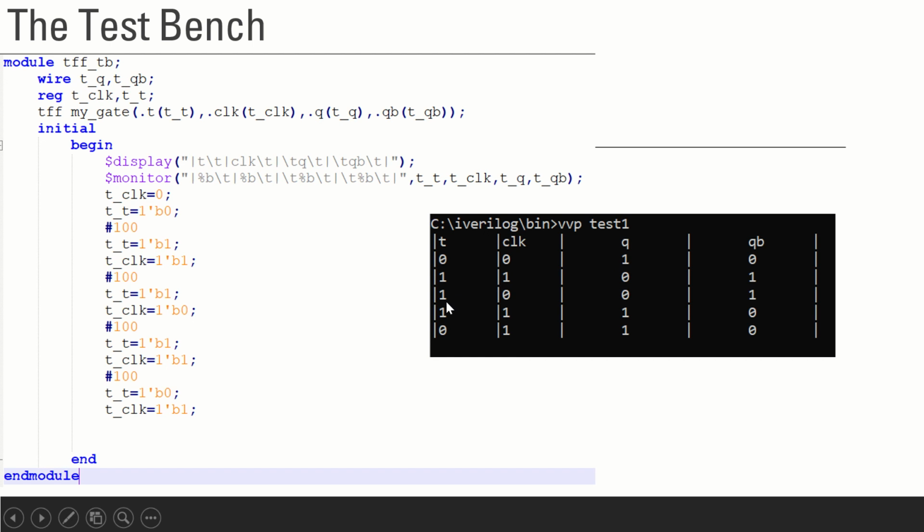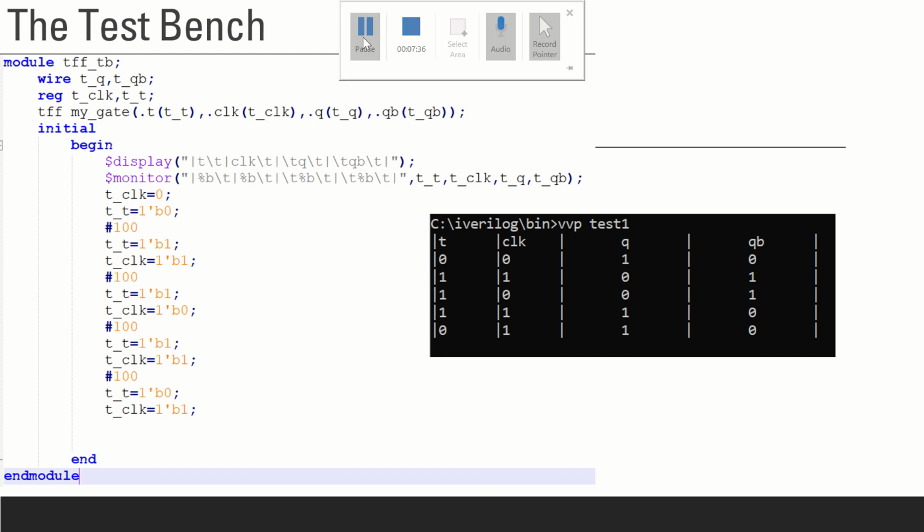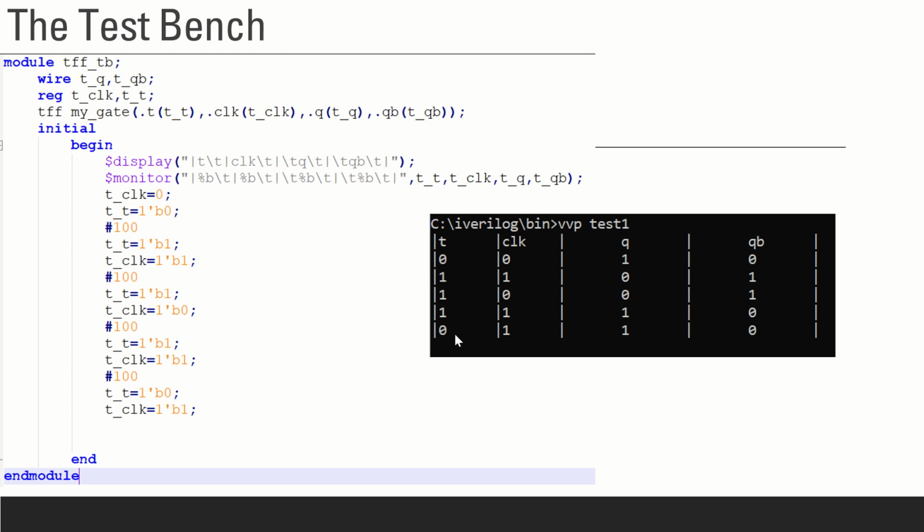Now the next is t is 1 but clock is 0. No use. So no transition, nothing happens. So the previous state will be retained. 0 is retained and it has got the output q bar as 1. Now both are 1 again. This is just to show you that it is going to work fine. Now finally, I'm going to test it with t as 0 and clock as 1. When clock is 1, the system will work. But I don't request any toggling here because t is set to 0. So what will happen? It is still retaining the previous state. When you toggle it, it becomes 0. That's all.